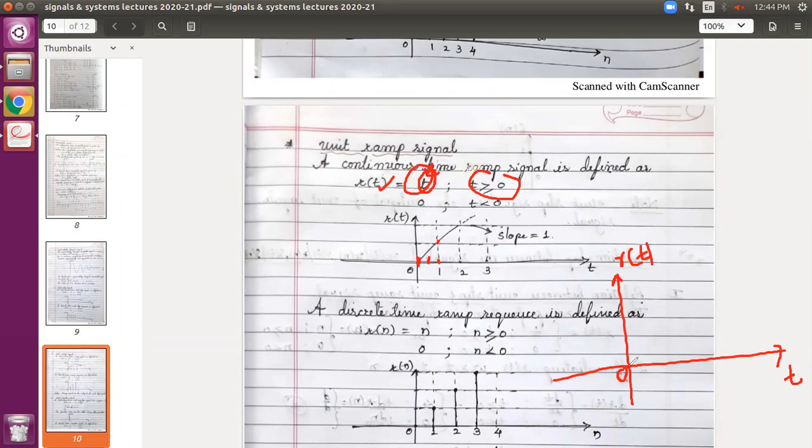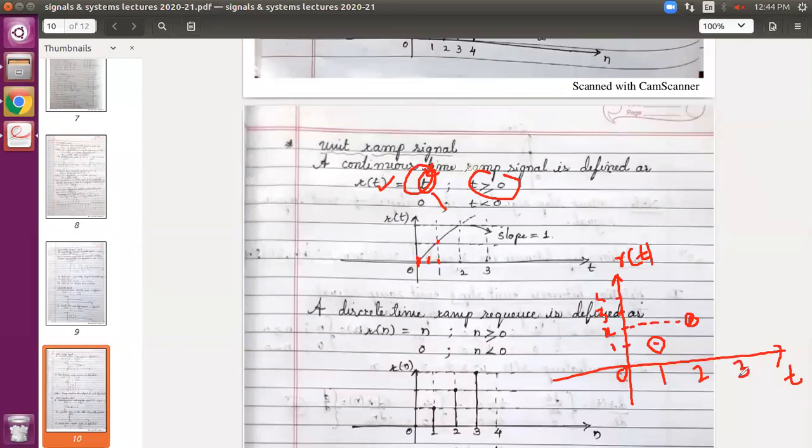At the time t equals 0, no amplitude. At t equals 1, if I mark it like this, 1, 2, 3, and 4 and so on, I will mark this point as 1. Then put t equals 2. If this is your 1 and this is your 2, 3, and 4, and so on, 2 comes somewhere here. Let me encircle it because many dots are there.